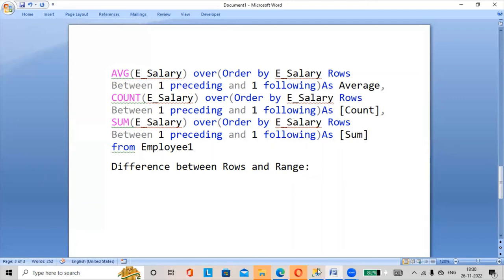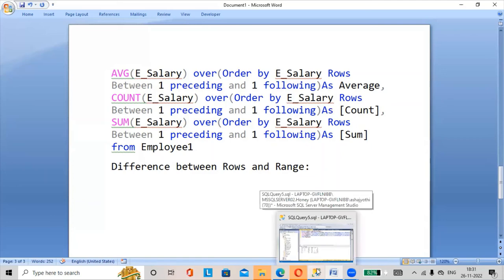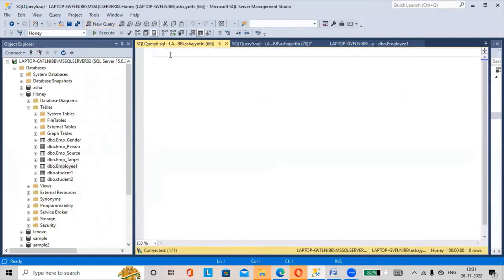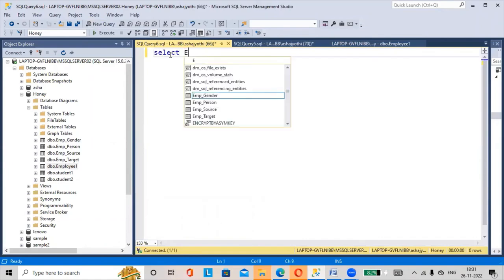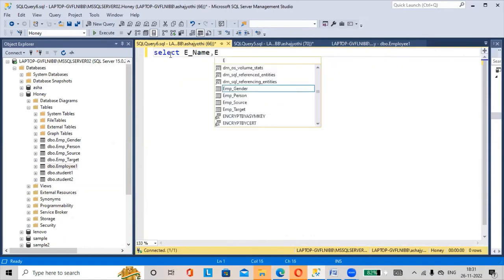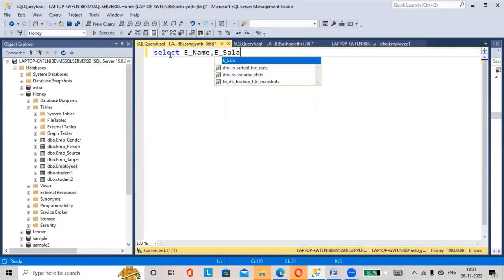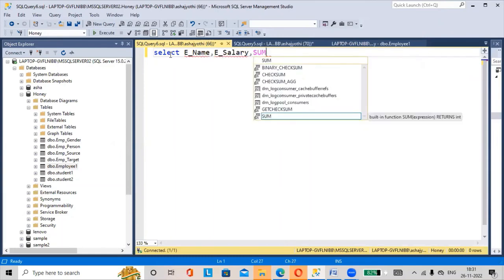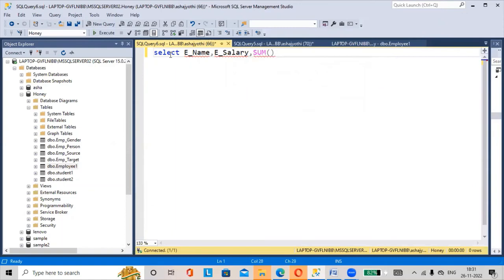Let us check once. Here we'll go. One new query we will write here. First we'll solve one. Select e-name, comma, e-salary, comma, sum of e-salary